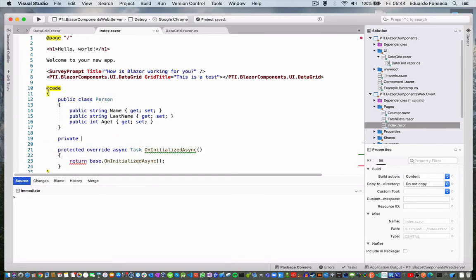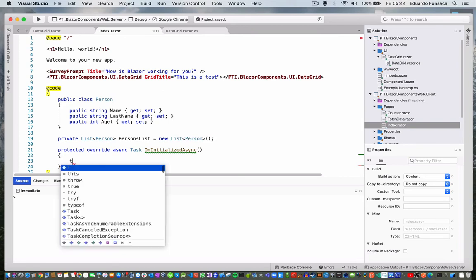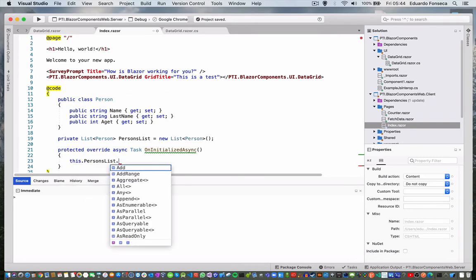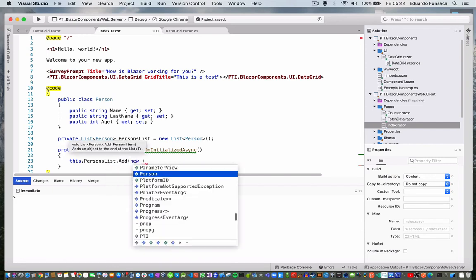So you'll see that here I will have a list of persons. Persons list equals, okay, and here I'll start adding things such as person list. I'll add the test